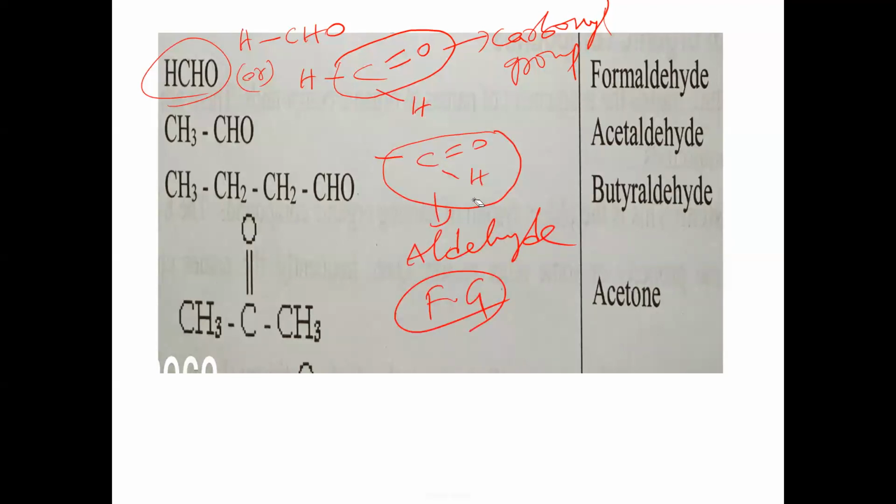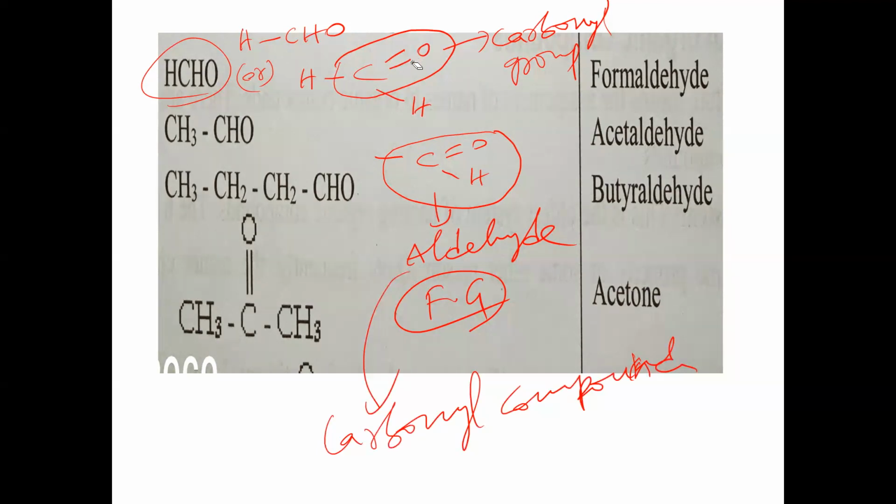So what does this aldehyde functional group contain? It contains the carbonyl group, C double bond O. So aldehydes are one type of carbonyl compound. Is that concept clear now? So aldehydes come under which type of compounds? Carbonyl compounds, because in the aldehyde group, the CHO group, there is a carbonyl group, C double bond O. Is the concept clear now?